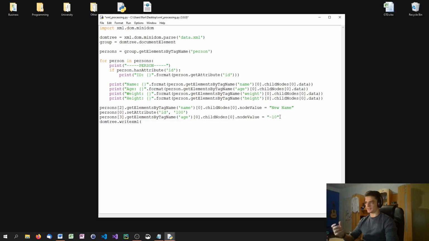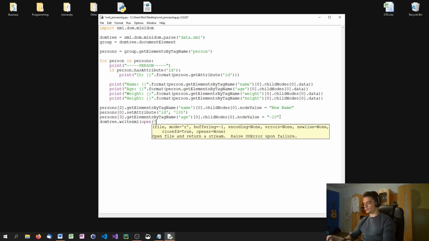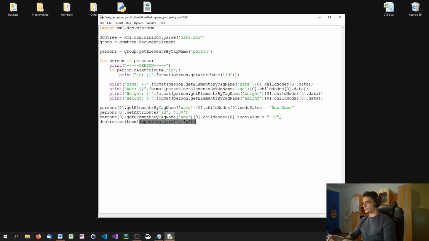And here I have to pass a file stream, and I'm just going to open one here. So I'm going to say open data.xml. Of course, you can also feel free to save it in a new file, for example, data2.xml. Doesn't matter actually. And this is basically it. When we run this right now,